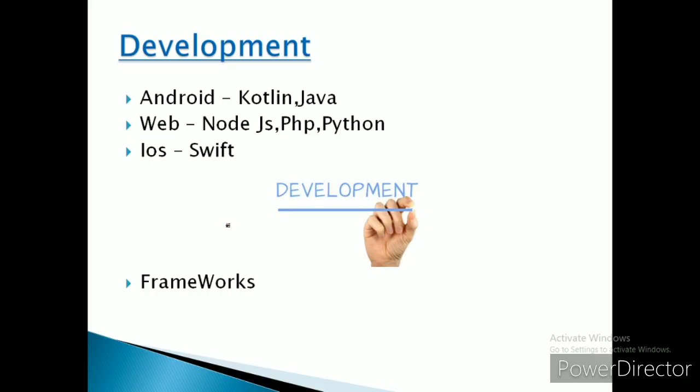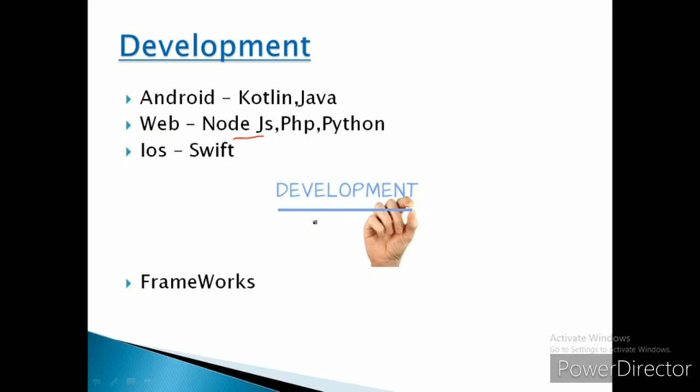There are also frameworks for each of the languages. For Java, we use the Spring framework. For Node.js, actually JavaScript, we use the Express framework, and for Python we use Django, and like that we use frameworks for developing our website, or it might be an app or something, right? Frameworks are very much needed. These frameworks will be very much useful for the development.